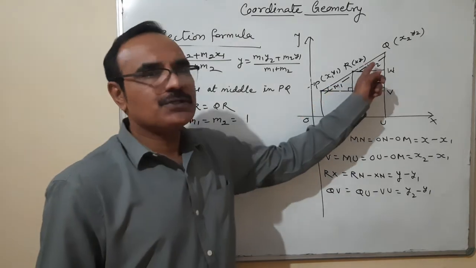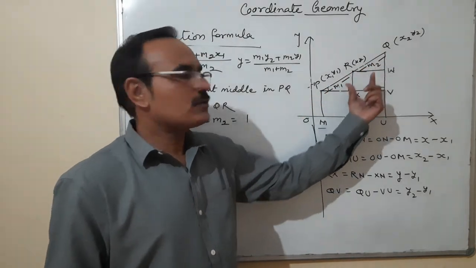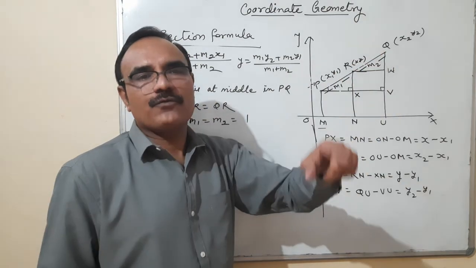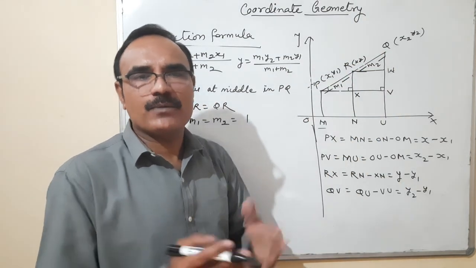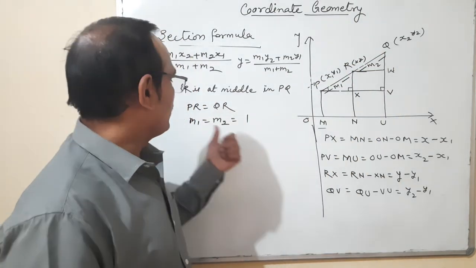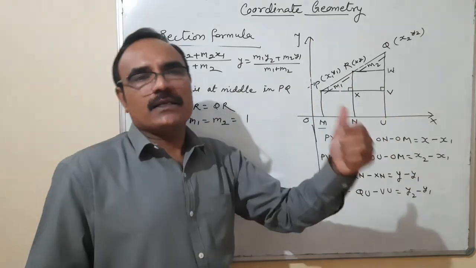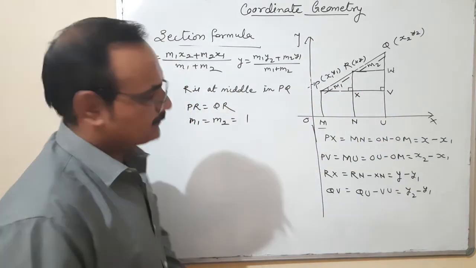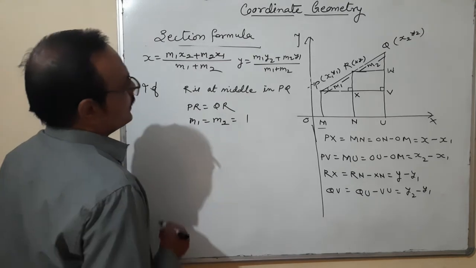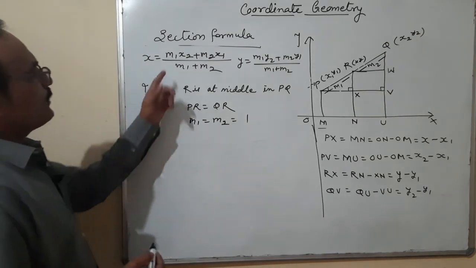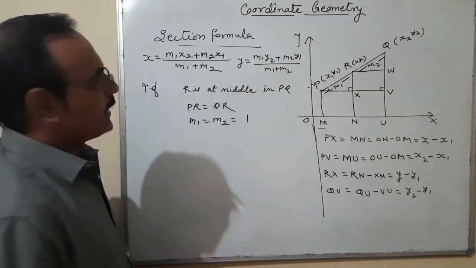Because actually it is the ratio. If both the terms are equal, suppose they are 4 and 4, 4 upon 4, 1 is to 1. So the simplest ratio form is always 1 is to 1. When you divide m1 and m2, the result is always 1. So m1, m2 is equal to 1. Okay. In place of m1, m2, if I put 1 here, then what happens?